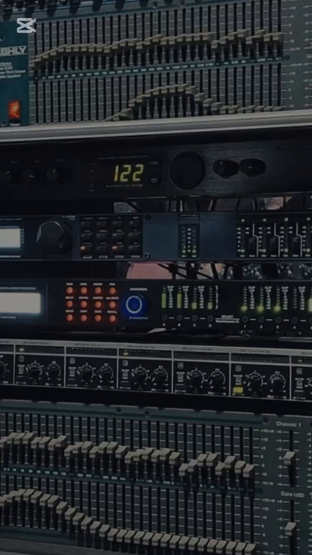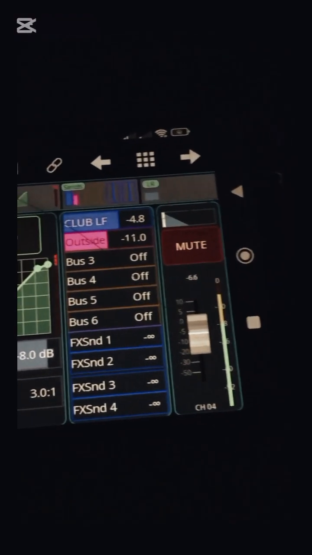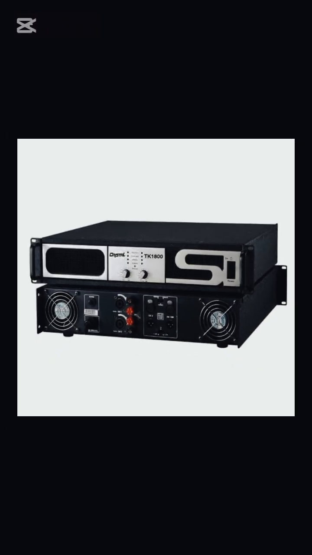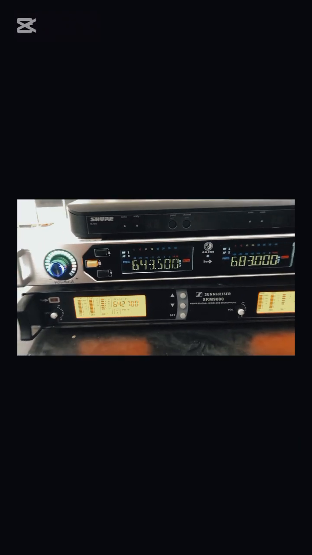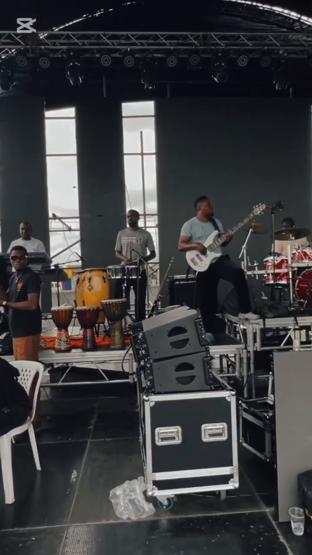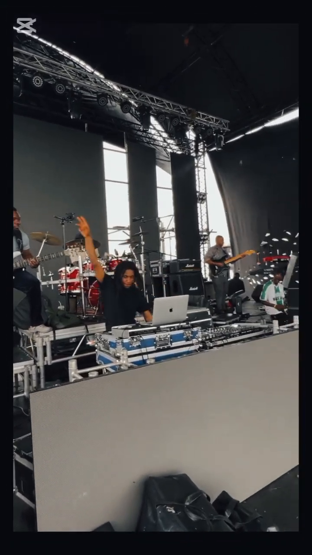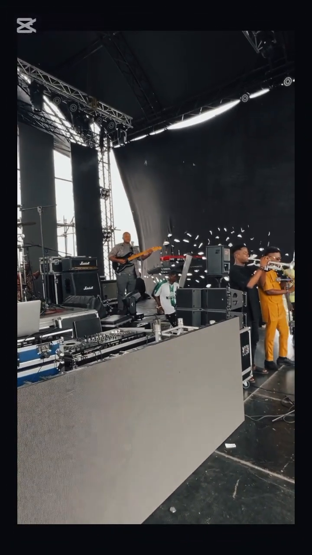Another thing a live sound engineer does is manage and monitor the equipment that is running in real time. He works with a whole lot of equipment, ranging from amplifiers to speakers to sound processing equipment to musical instruments and all of that. He runs with all of these and balances them at the same time, making sure that each of them runs efficiently and effectively, not overstressing any of the equipment, right? So a live sound engineer actually does a whole lot.